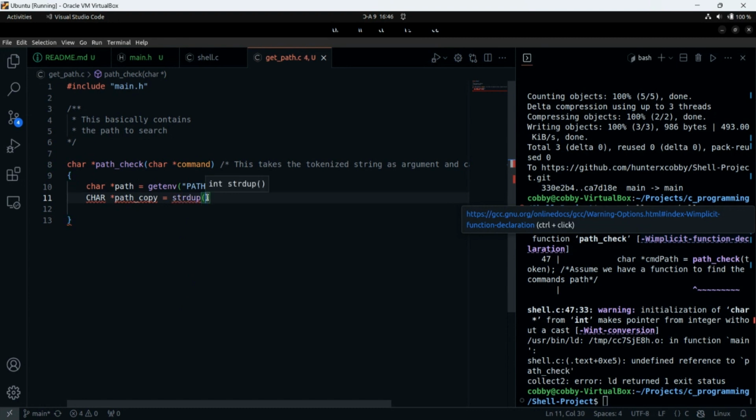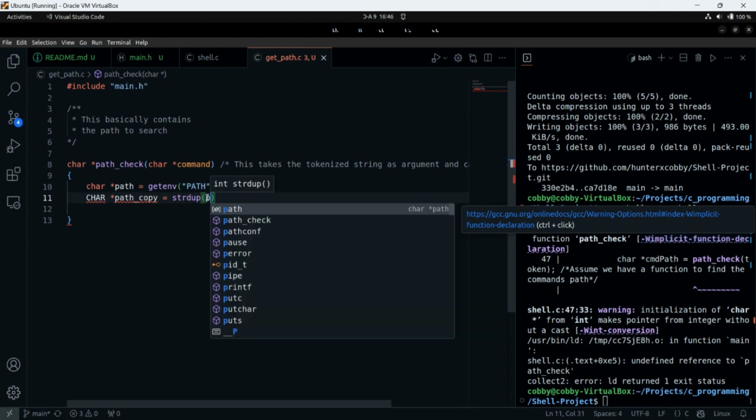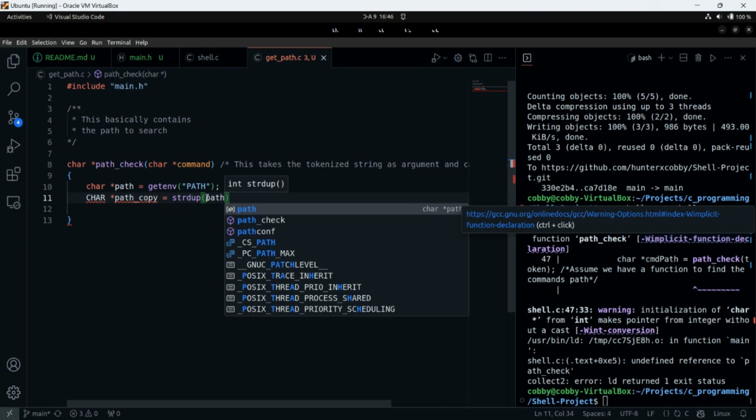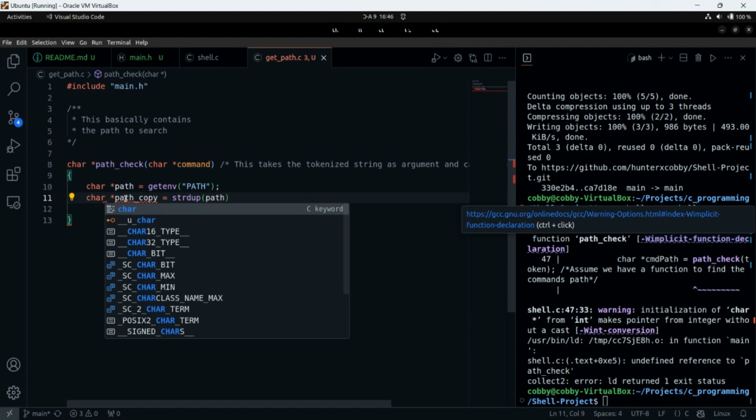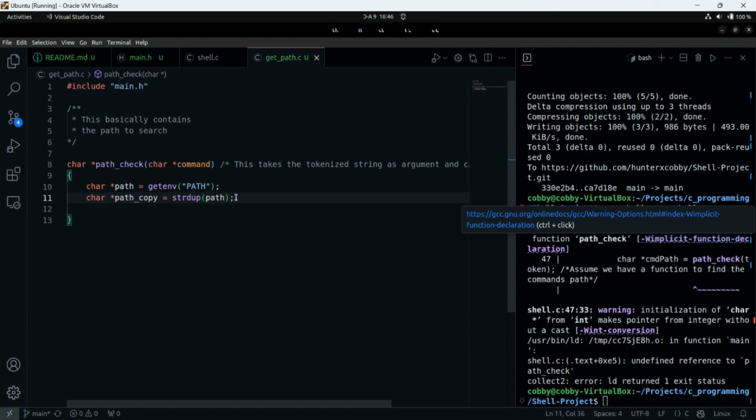We are going to duplicate our path, and the reason we are doing this is that we don't want to modify the original environment variables directly. So we create a copy and store it in another variable called path copy. Is anyone having anything to say?